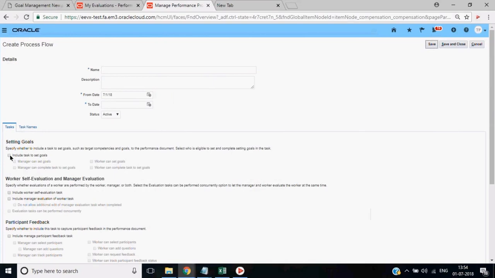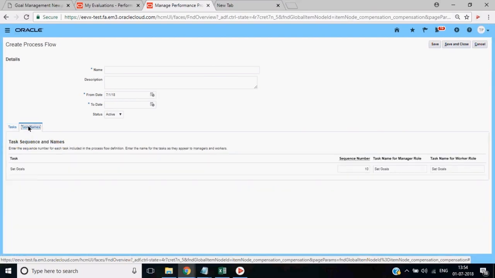Now, include task to set goals. Manager can set goals, worker can set goals. This can be happening in parallel. Whether to include a task to set goals means there has to be a task in the template which will ensure that the goal setting period is available. So if you see the task name here, it will be set goals. If I uncheck this,